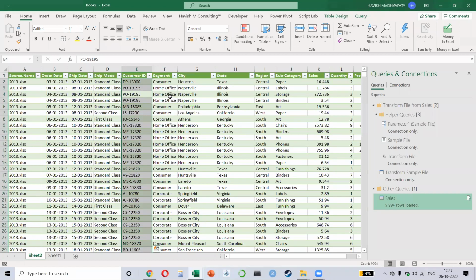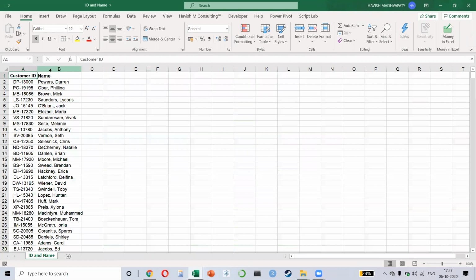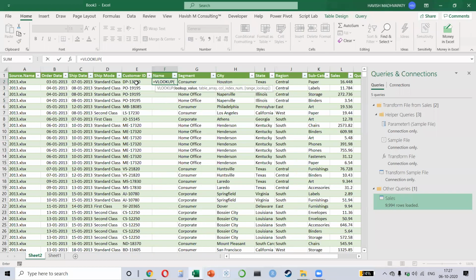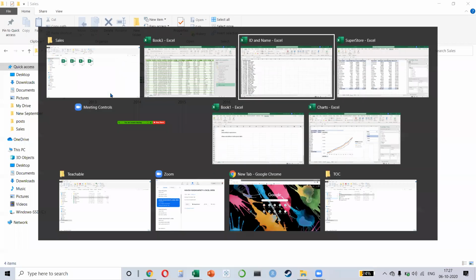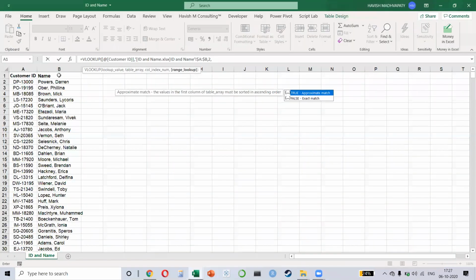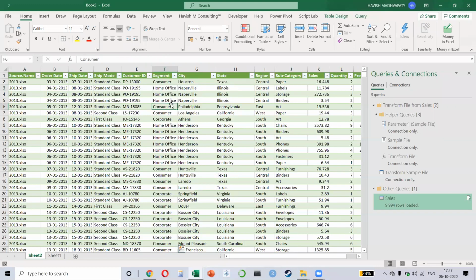Now, most of you would say that why can't we simply use VLOOKUP? You know, we have our customer ID and we have our customer ID and name and we can use VLOOKUP. I agree with you. But don't you all feel that it's a manual job? Watch this. I will have to write equal to VLOOKUP. Then I'll have to select the customer ID. Then I'll have to go back to my other workbook. Then I'll have to select the two columns, put in the column number, select the type like this. And I want to avoid all of this work, okay?